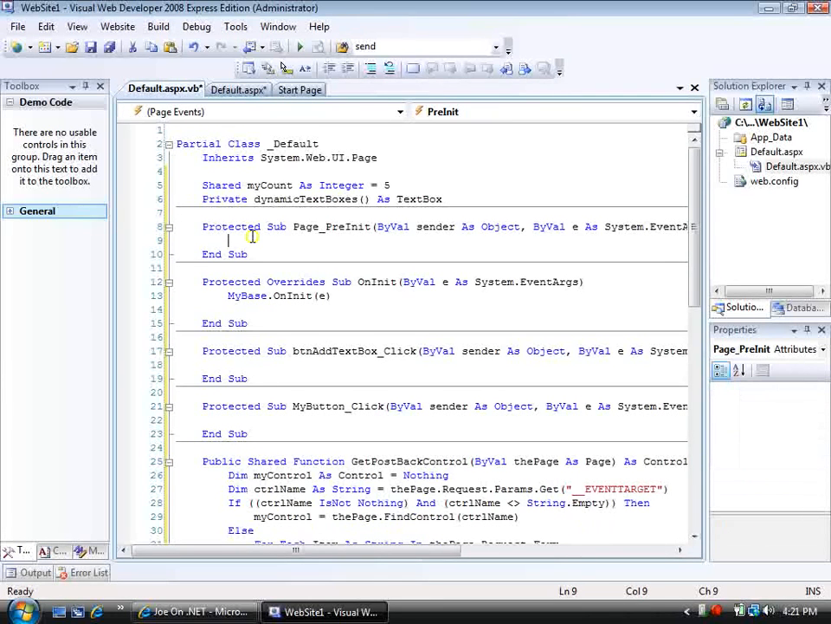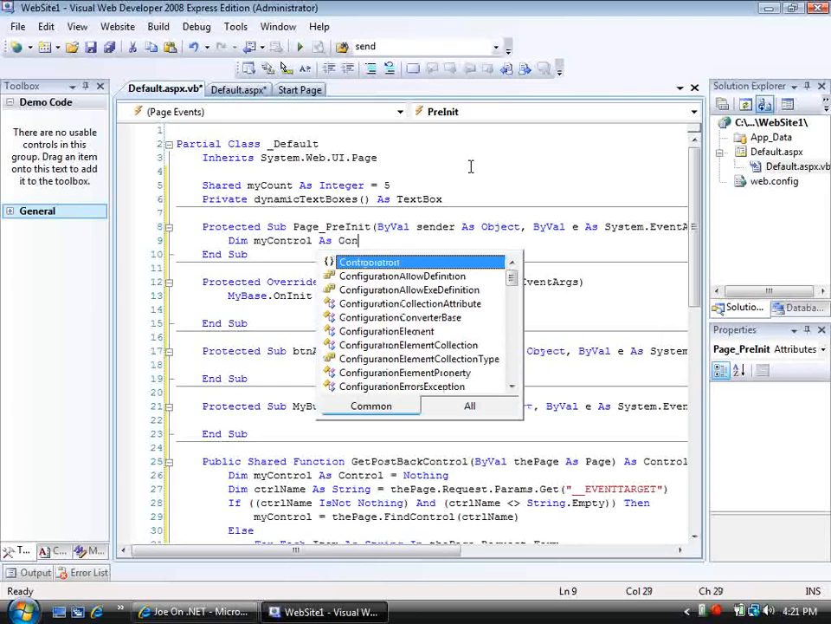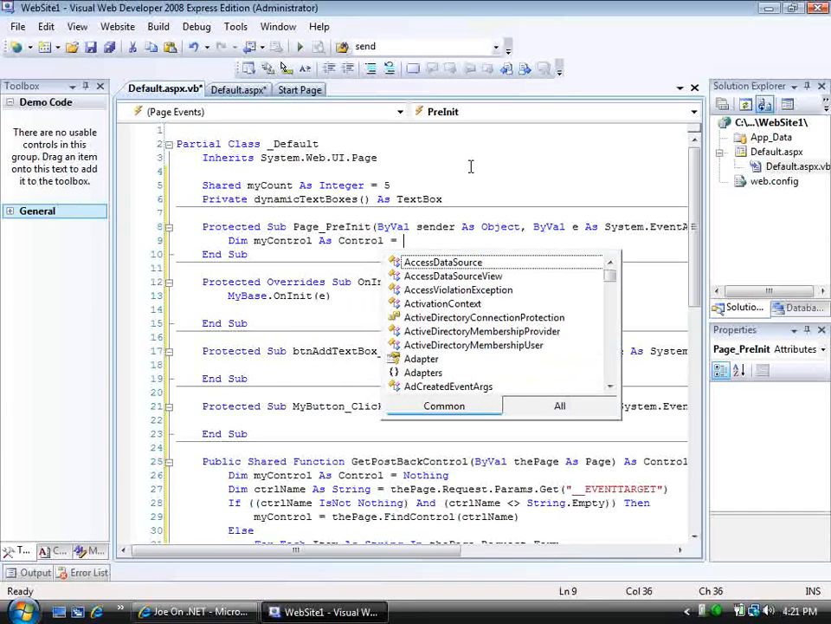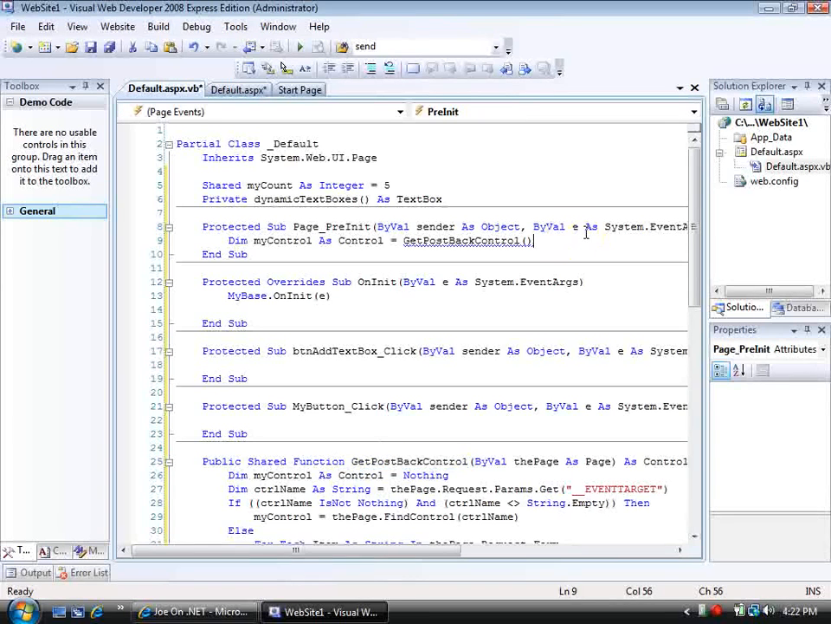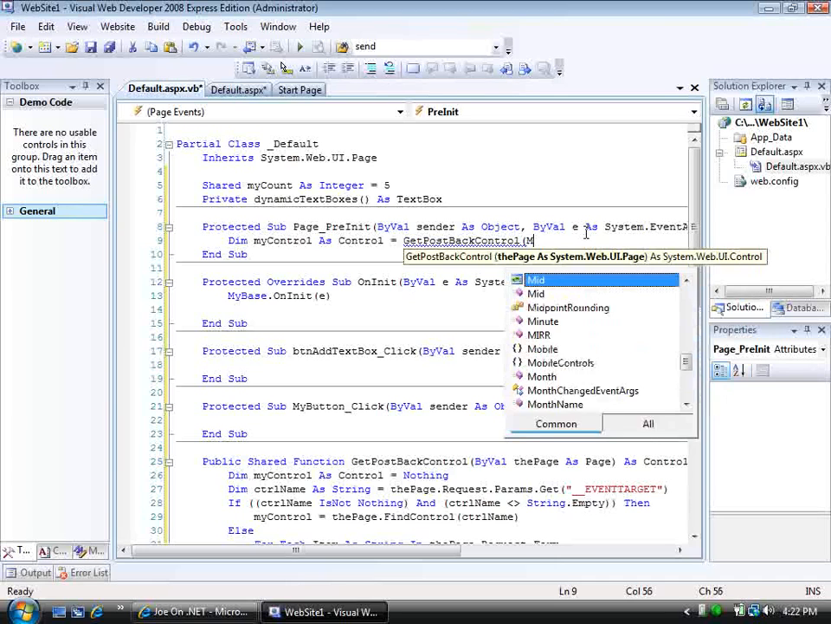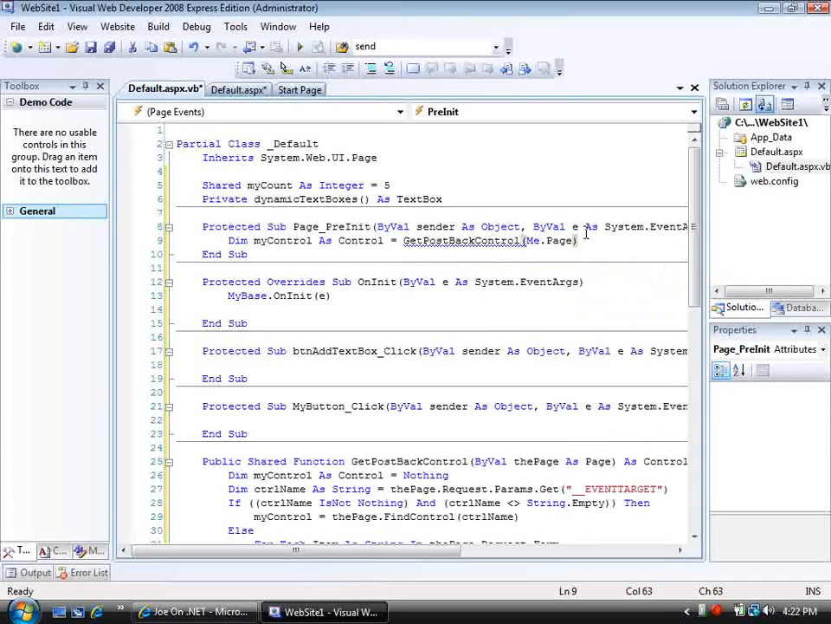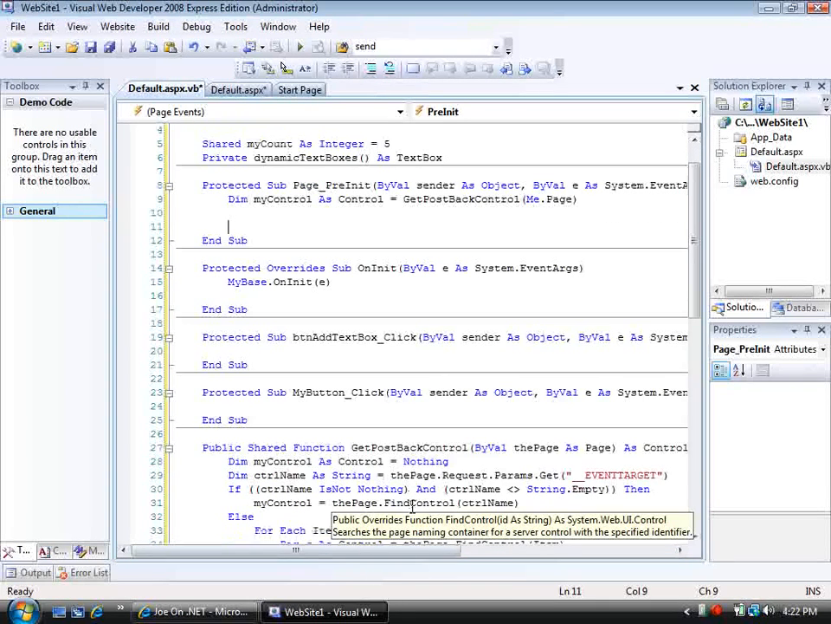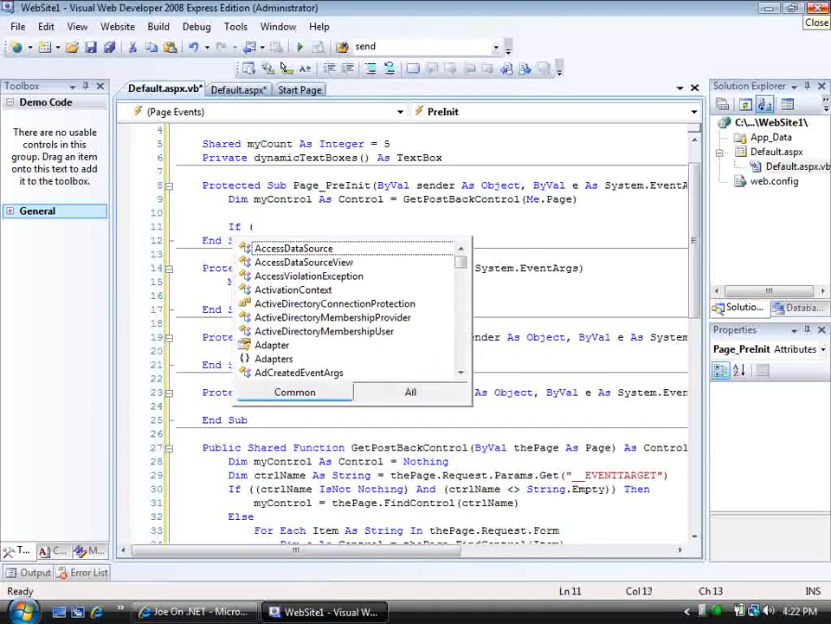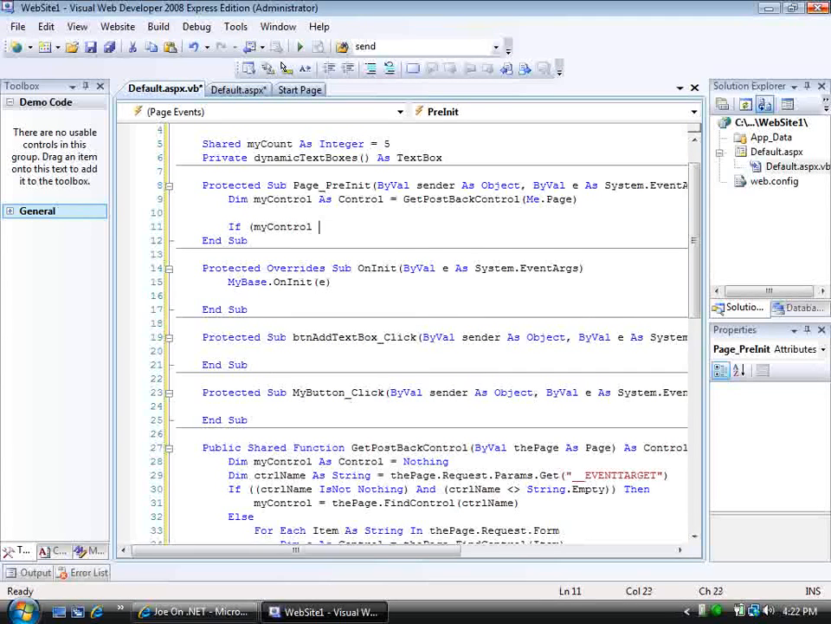Okay, now here in our PreInit function we can say Dim myControl As Control equal GetPostBackControl, right? Which is this function that we just implemented. GetPostBackControl, and we pass in the page. So we're just passing in a reference to the page. Now that returns the control that caused the postback, which gets stored in myControl. So now we can say If myControl is not Nothing,